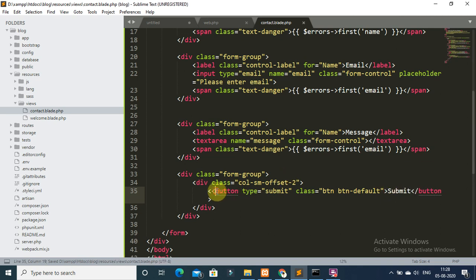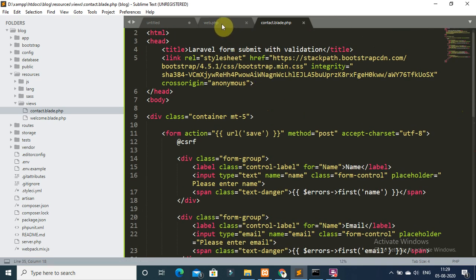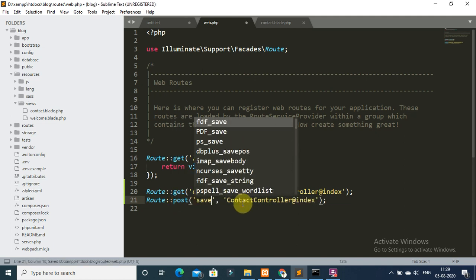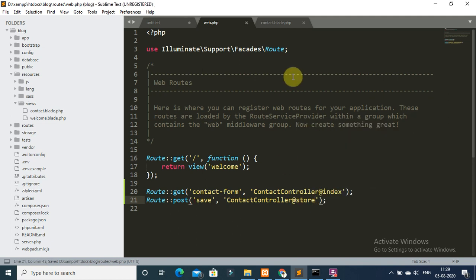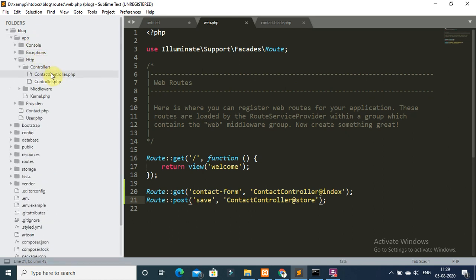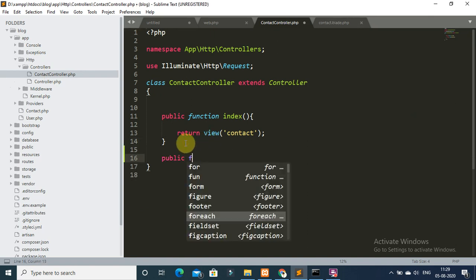Now open again your web.php file and create a new route. So I will create a post route for saving data on the contact controller, store method. And open again your controller file, Contact.php, and create your method named store.